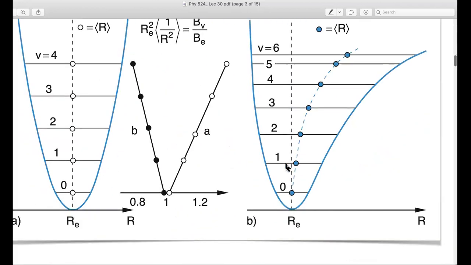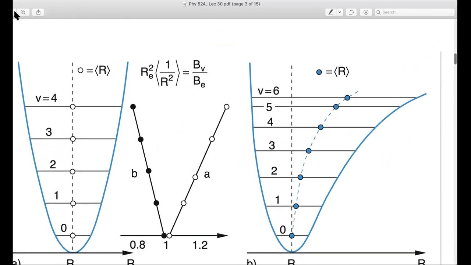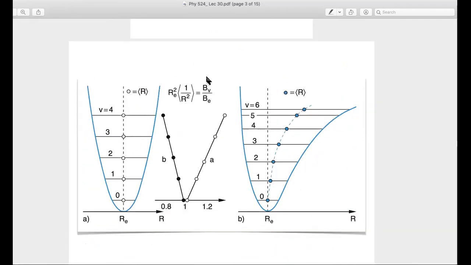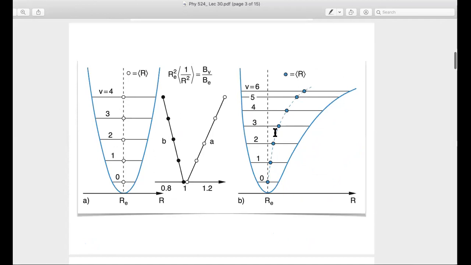So let's proceed with the optical part. But before we proceed, some pictures for getting the broad idea. So this is the harmonic case. On the left, I have the harmonic approximation, and I get these equispaced energy lines. And on the right, I have the Morse potential, and I have these different energy lines corresponding to the different ν states.